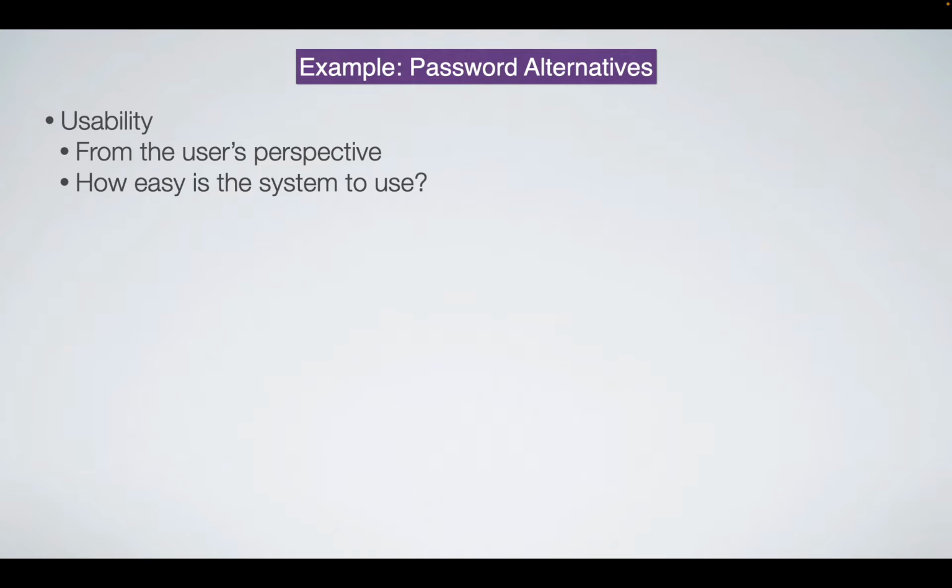So if you have a system that's very secure, but it's weak on usability, it might not actually be beneficial. It might not actually increase your security to deploy it, because if everyone hates it and they try to avoid using it, you might end up less secure than you were before, okay? And then deployability will be like cost and things like that.